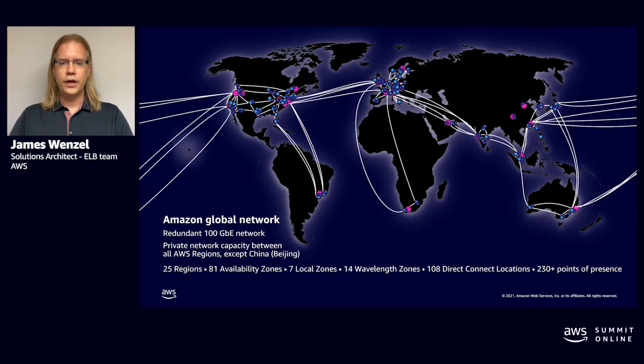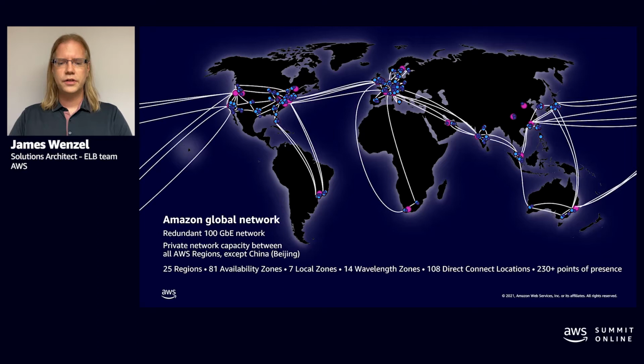As you can see here, we also mentioned we have 25 different regions, and regional constructs, which we will explain in a little bit, are across the globe that are a conglomerate of data centers that we have in a specific spot. We also have 81 availability zones, which go into the regions. We'll discuss those as well.